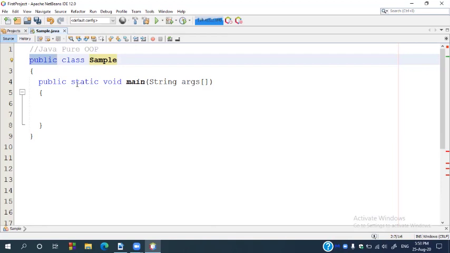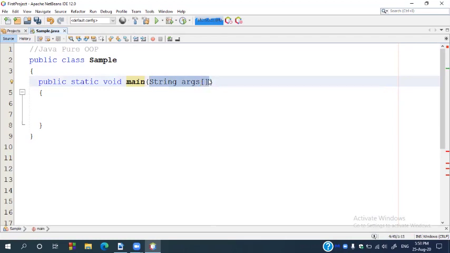In the same way, if JVM wants to access the main method, the main method should be accessible to JVM. So you have to make it public. And these are the command line arguments. Whatever data you pass while calling the main function, those arguments will be passed in the args array. args is a string array.